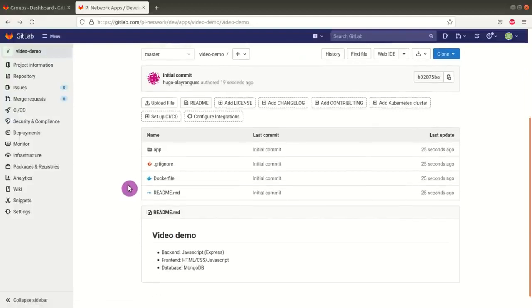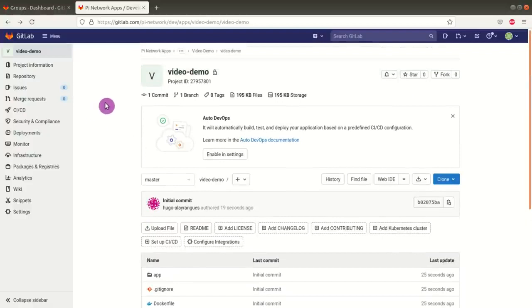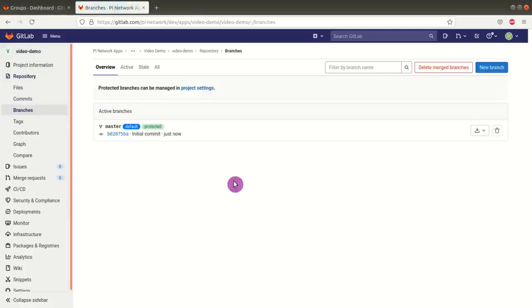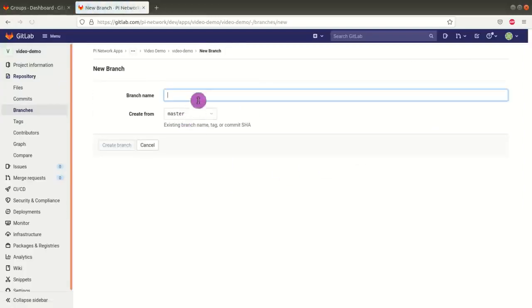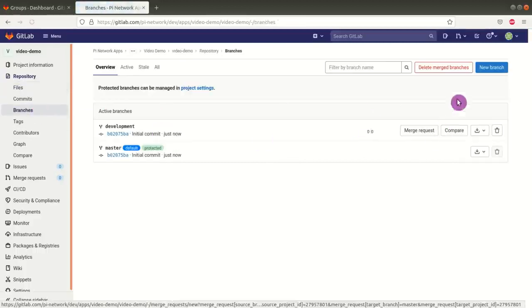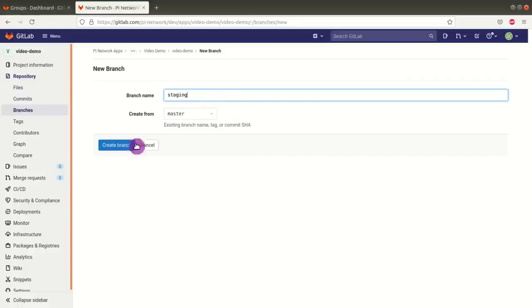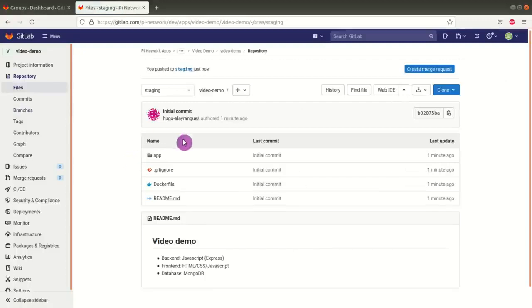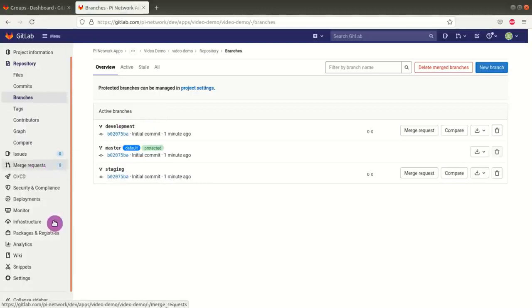So now what we want is to organize a little bit this repository. So we'll go here, repository, branches, and we will create two new branches. One called development, on which we will work mostly, and another one called staging, on which we will push the code to deploy the application. Now we have these two new branches and we'll just customize a little bit the behavior. So we go to settings here, then repository,